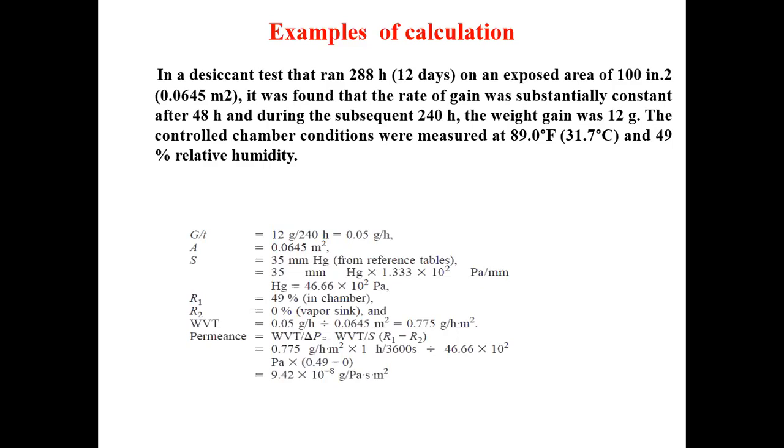And both the British and the Eastern standard, they measure the water vapor permeability in terms of the water passing through the fabric per unit time per unit area. Okay. So that's all regarding this moisture vapor permeability. Next class I will discuss how the water can pass through the fabric.